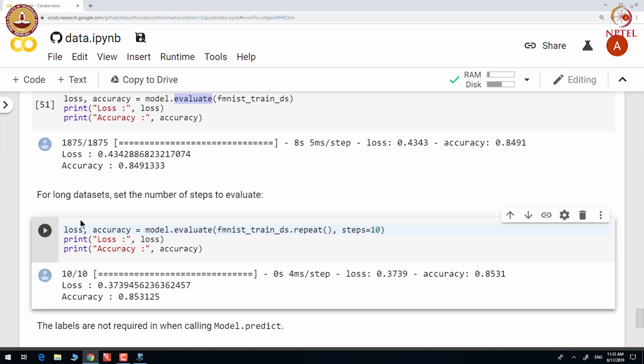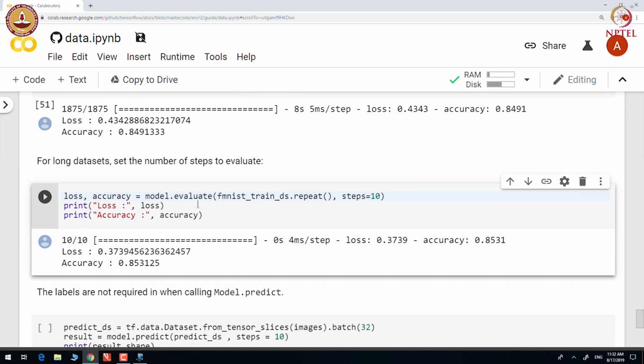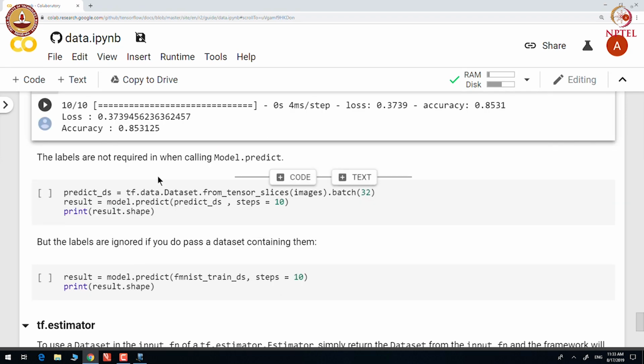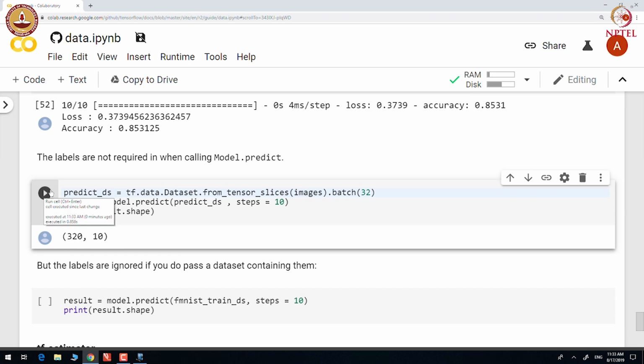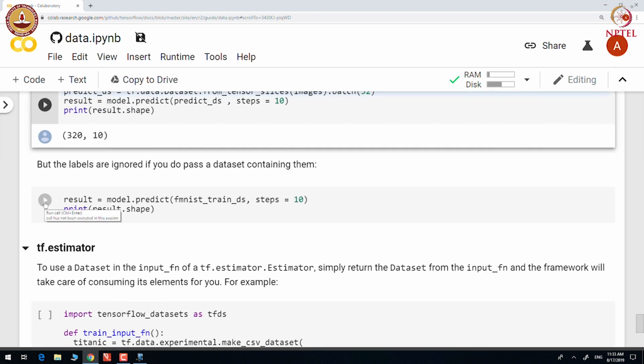So, the effect is that we get an estimation of the performance of the model on the training set on a sample. The labels are not required while calling model.predict. Even if we pass a dataset containing labels, the labels are ignored by the predict function.